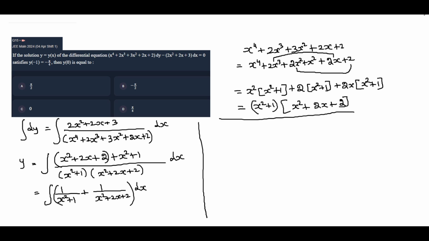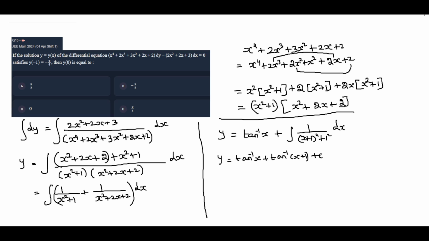Now y equals, the first term's integration will be tan inverse of x. The second term will be (x + 1) whole square, that is, you have to split the term: integral of 1 divided by ((x + 1)² + 1²) into dx. So y equals tan inverse of x plus tan inverse of (x + 1)